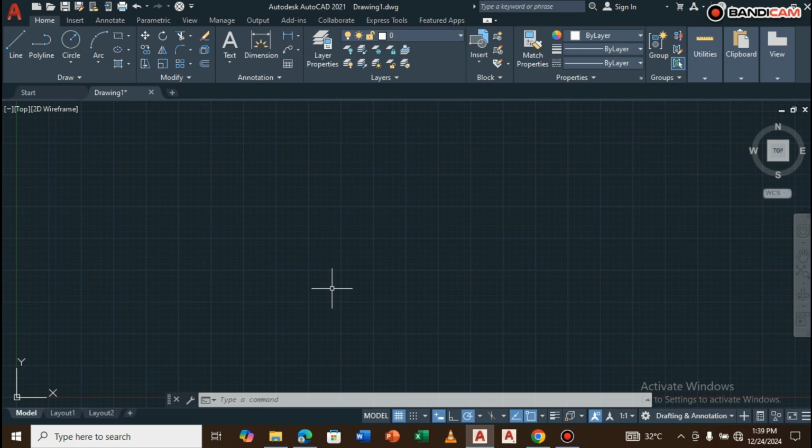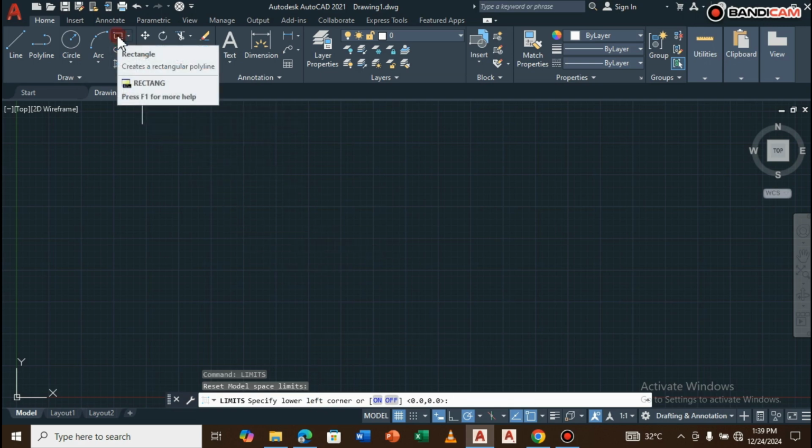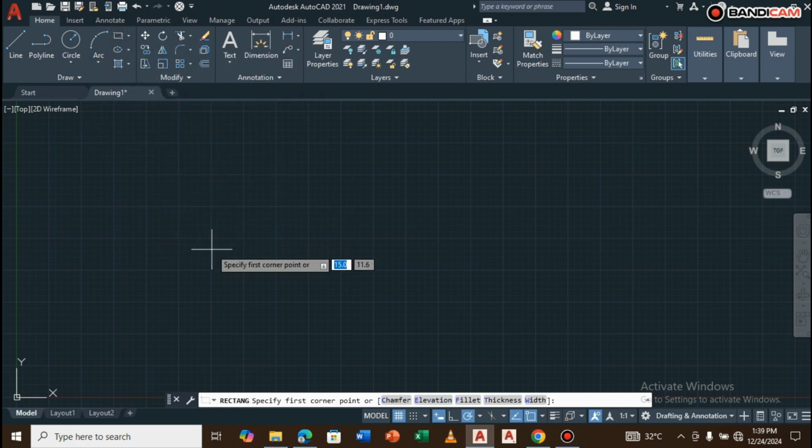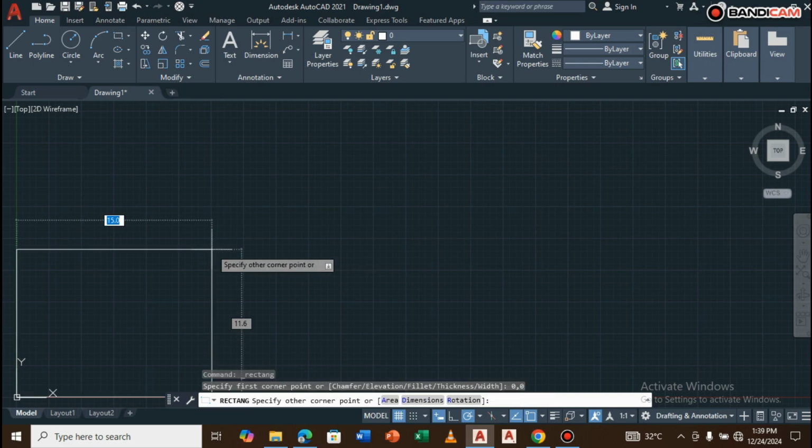So type limit on the command line, limit, enter on your keyboard. We'll pick rectangle in the drawing menu. You pick your rectangle. The first limit is 0,0. So press 0,0, enter on the keyboard,